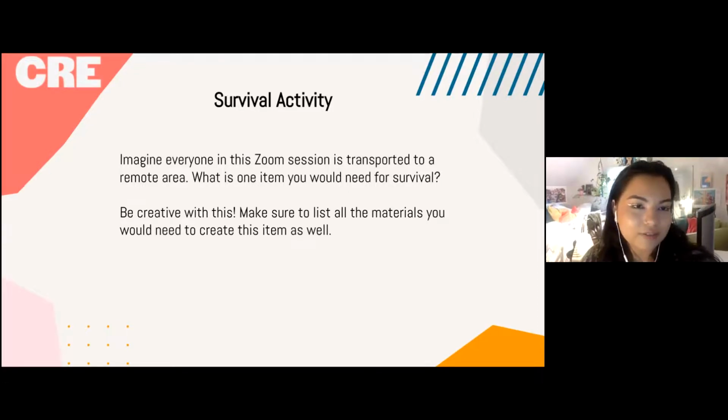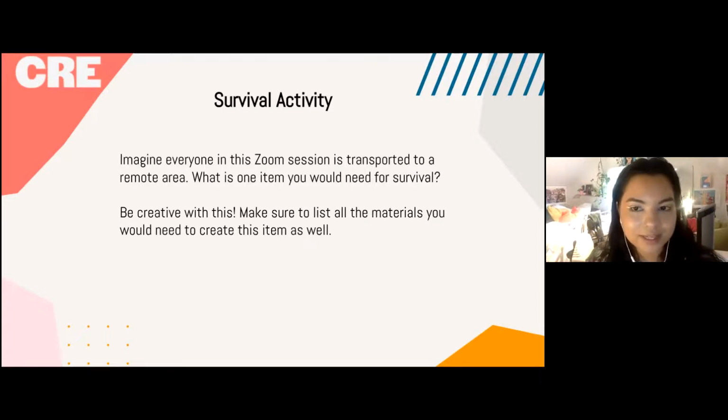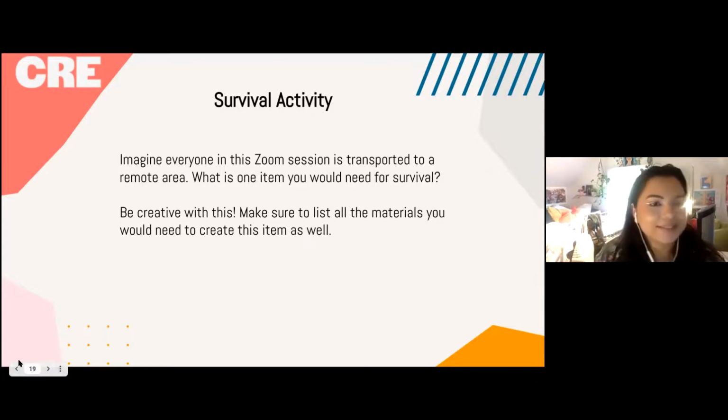Usually when we do this activity, I have a bowl of Play-Doh, and I ask that participants take a chunk of Play-Doh and mold something and then share why they need it to survive. Typically towards the end of this circle, we'll run out of Play-Doh, which is really fun because I get to tell the other participants that I'm so sorry you didn't get to survive this activity. We can't really do that over Zoom, but I hope that the message still resonates. So now we're thinking about resources and survival and all the different things that each of us needs to survive.